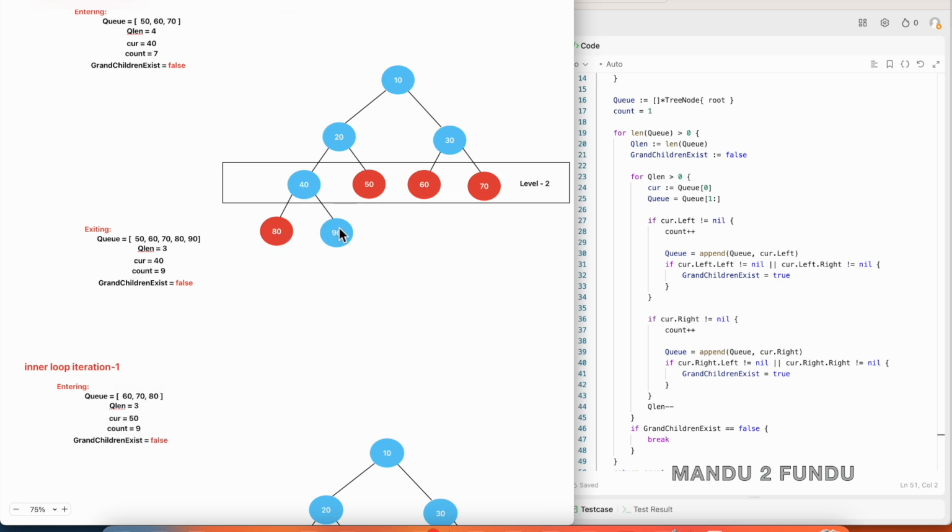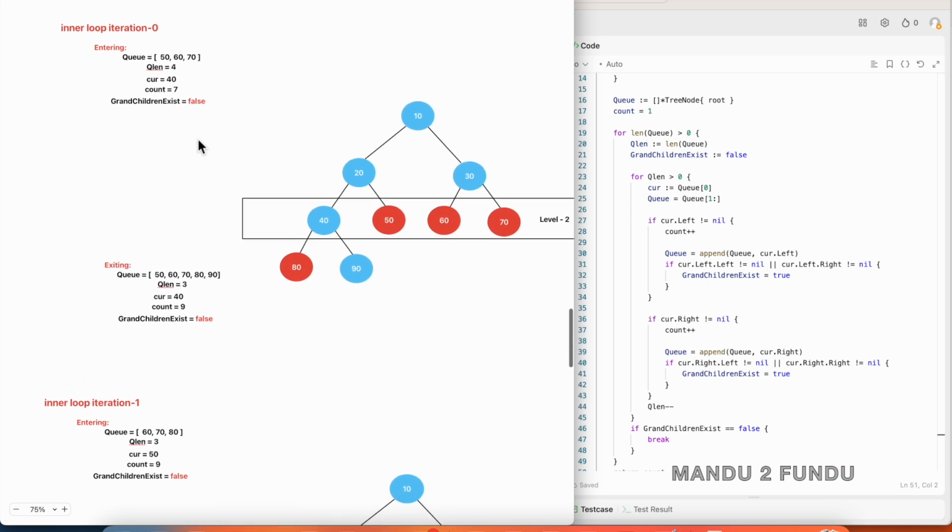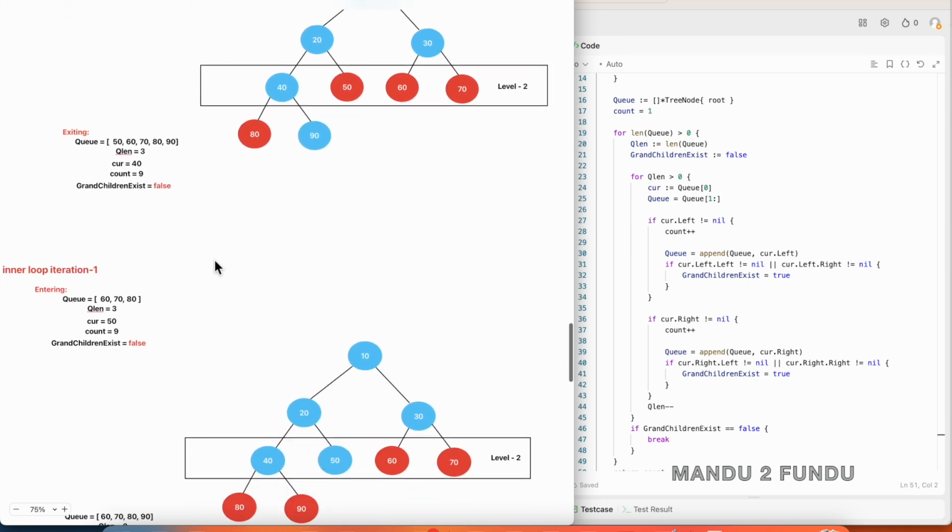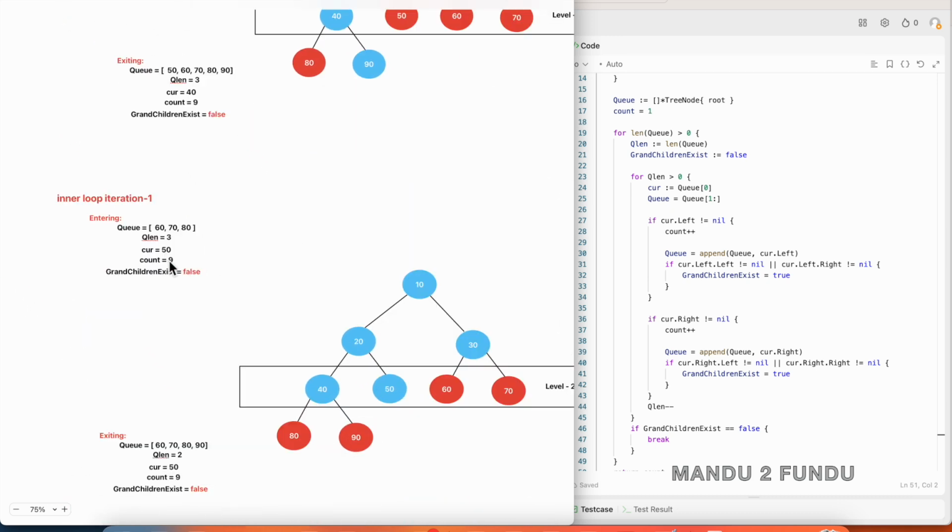After adding these two nodes into the queue, we check whether they have children, but both nodes do not have any children, so the grandchildren exist flag will still be false when we exit the inner loop iteration 0. Okay. So count will be 9, and the current node we pick up in iteration 1